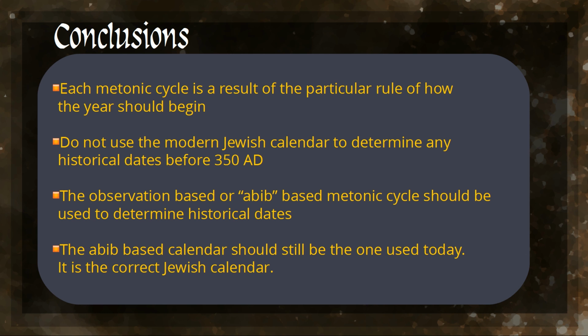Obviously, these conclusions have far-reaching implications. The entire system of a nation's calendar construction has been mathematically shown to be flawed. The other major implication is that historical dates which have been accepted as accurate are now questionable. Many of the problems that have been identified through the years could very well be solved by re-examining them with the Abib-based Metonic cycle. Many prophecies found in Scripture which have been consistently problematic should also be re-examined to determine the effects from this new research.